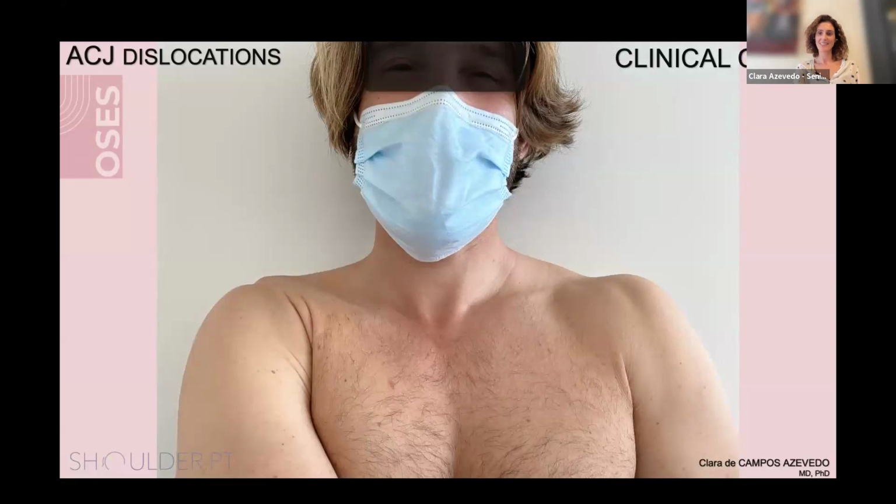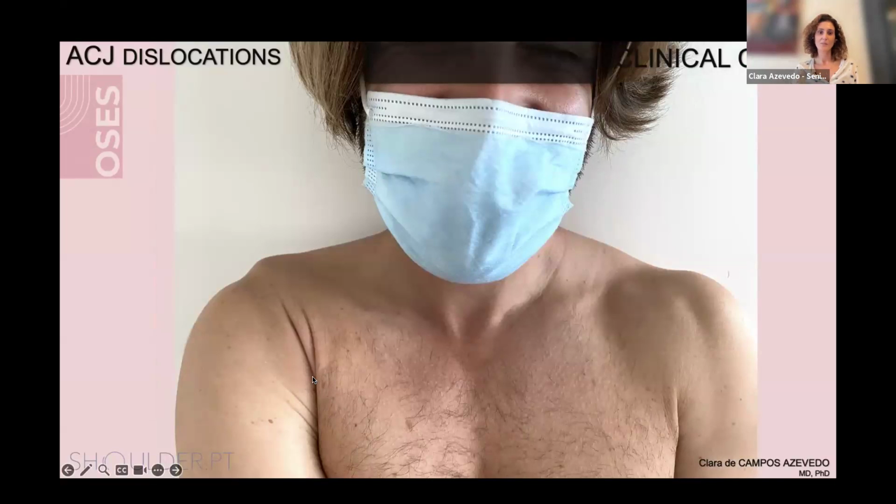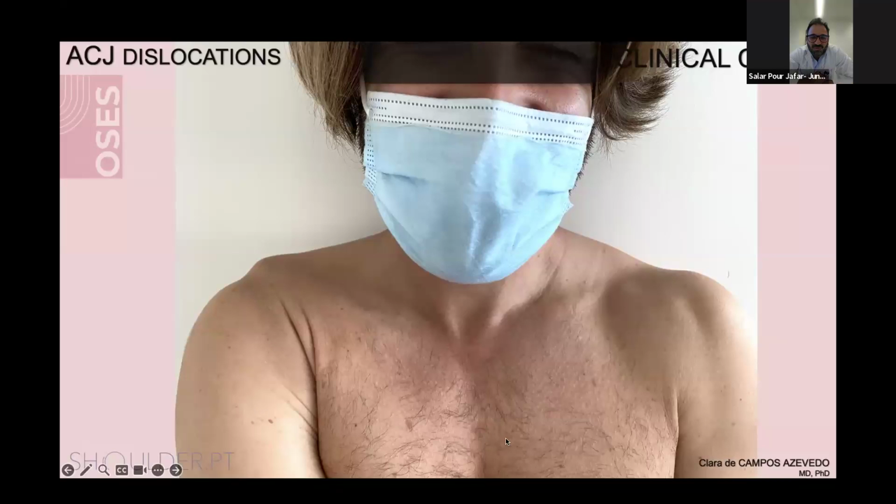What about this? I asked him to do the cross-body adduction. Look at his face. I had to cover a little bit. He's in pain. So, Salar, what is happening here? Now he's even in more cross-body adduction. He doesn't tolerate more. He's in a lot of pain, as you can see. A lot of pain, so stretching. Yeah. What do you think? Do you agree with João? What do you see happening now?